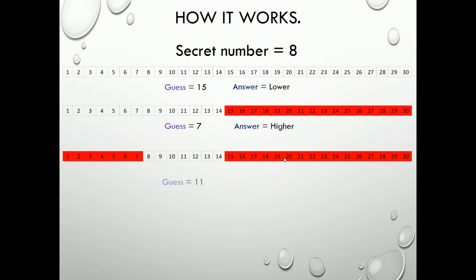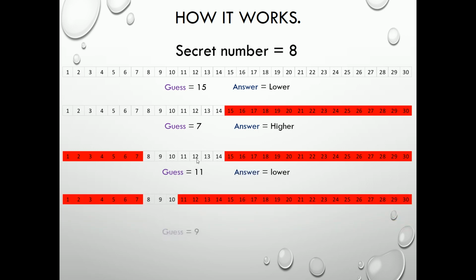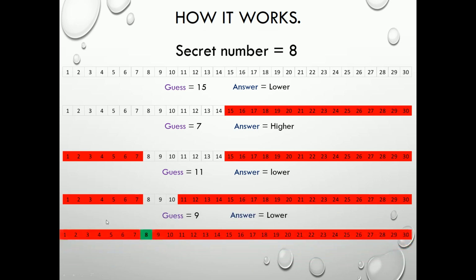Okay, so now, quarter. Now we're going to have a guess, and we're going to guess number 11. So the halfway point between these two, between the options that are available. And we're going to get the answer that's lower. We now guess 9. We get the answer that's lower. And now we know clearly that it's 8. Okay? So that's a way that you can guess a secret number within 5 goes from the numbers 1